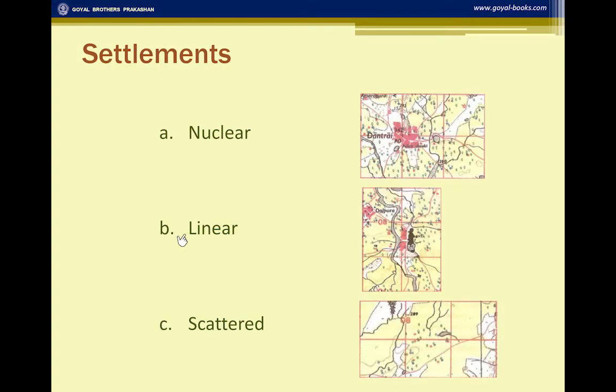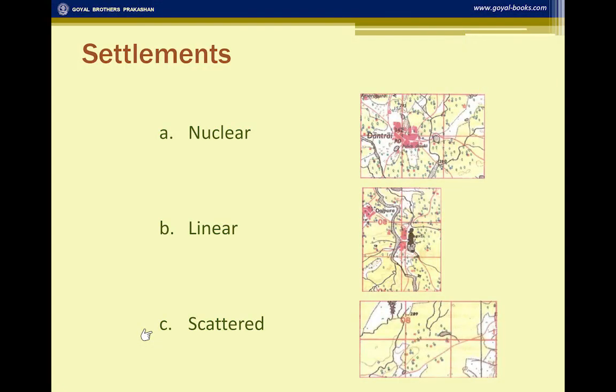When a cluster of these permanent huts is seen on either side of a river or a metal road, it is called a linear settlement.